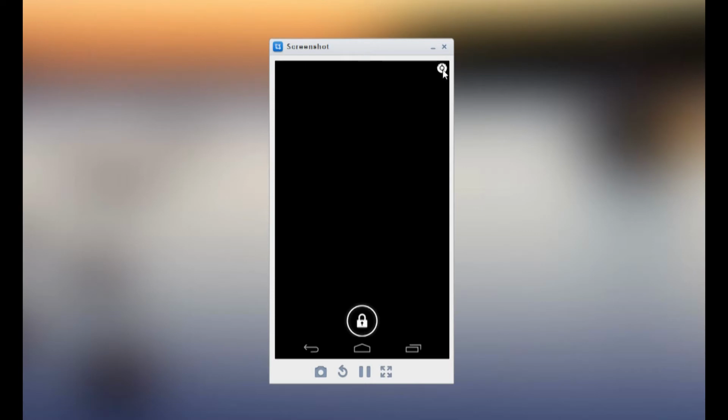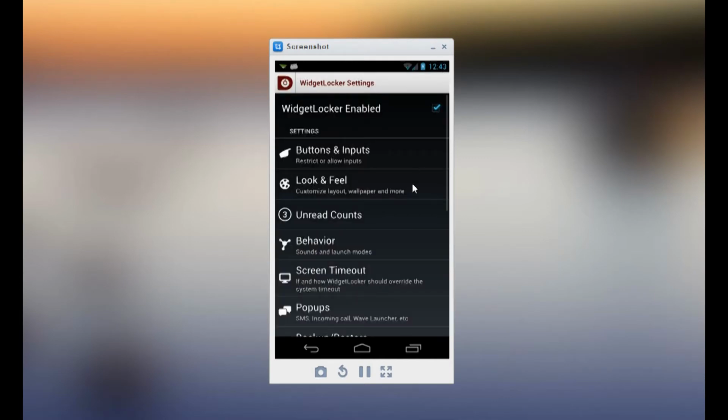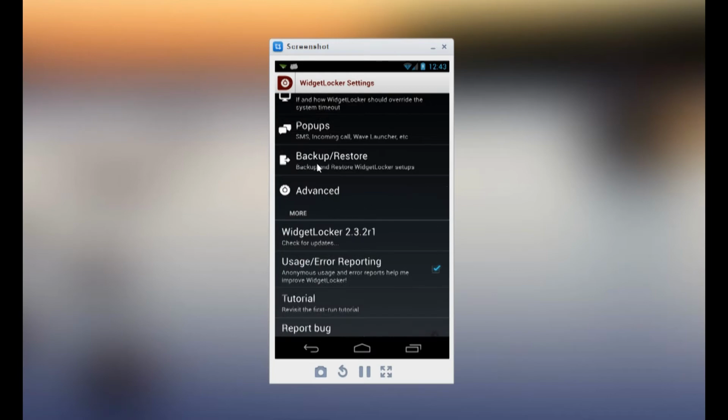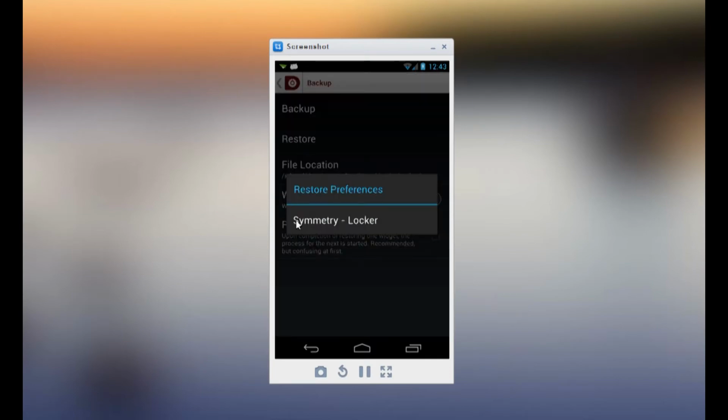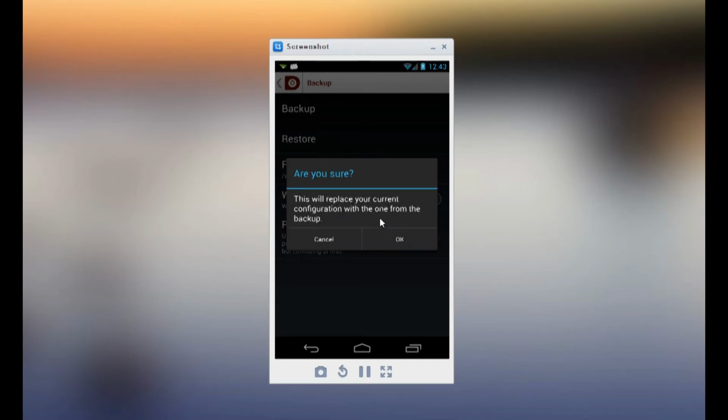I've included a backup file for Widget Locker. So all you have to do is tap on the settings icon in the corner and then scroll down until you see backup restore right here. We tap on that, and then we tap again on restore, and you should see something like Symmetry Locker. You tap on that, you say OK,